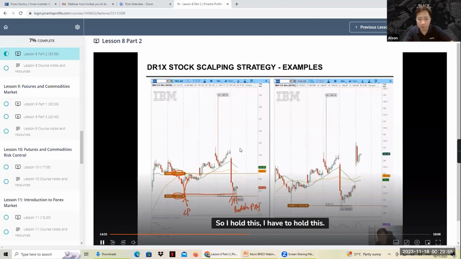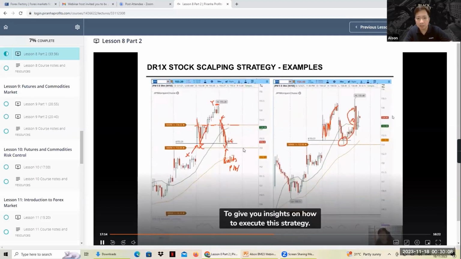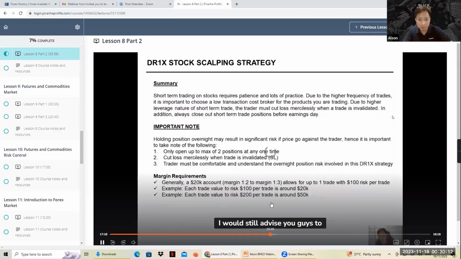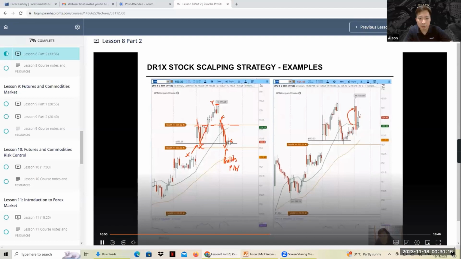Like IBM also, you see, how I know that on the left side when I enter, right, after that later the price gap up and I make many times my risk reward. Okay. Same for like JP Morgan. I entered with a minimum risk, and the price later gap up. Make many times in the shorter time frame using the 30 minutes chart.